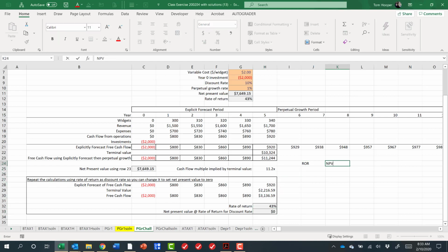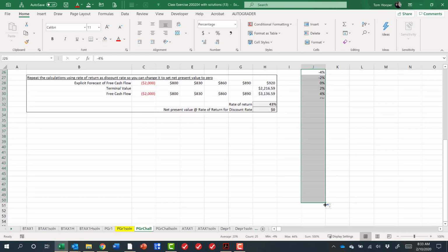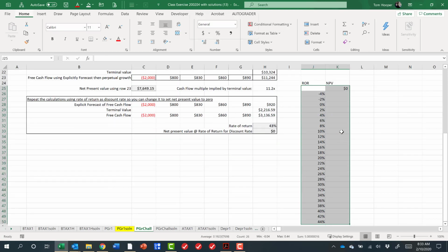Here let's compare rate of return at different discount rates. Let's start with -4%, -2%. Let's carry that all the way up through +44%, which we know includes the right answer. Let's think about how Excel's goal seek works. Again, this is for your benefit. It will not be on the test. But if I do a data table on this,